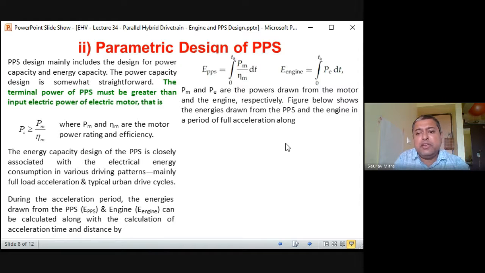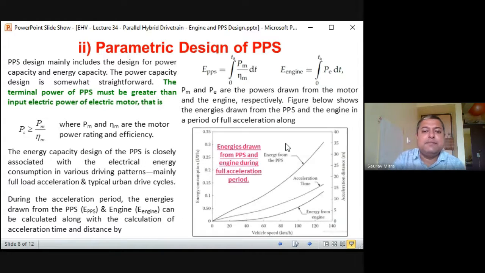Figure below. It's a very important figure. This figure you have to explain in case of parametric design of PPS for hybrid electric drivetrain. For the series hybrid electric drivetrain also we had this kind of figure. For parallel, this graph, which I'm going to show now, is very important and has to be explained. The figure below shows the energies drawn from the PPS and the engine in a period of full acceleration